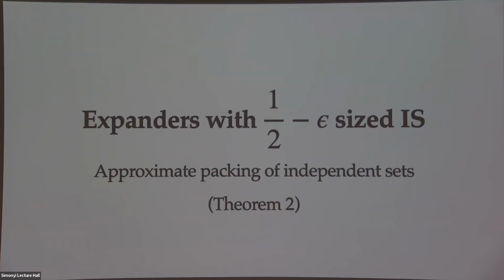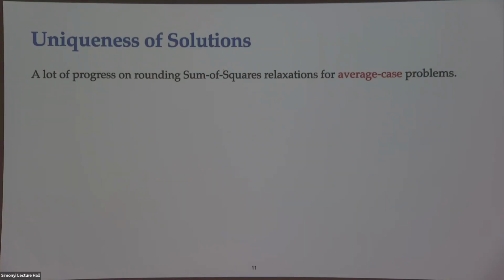So let me start with expanders with a half minus epsilon size independent set. And I'll talk about what the approximate packing of independent sets means. So this is theorem 2 instead of theorem 1, because this proof is a lot easier than theorem 1, so I'll present this first. Remember theorem 1 is for 3 colorable graphs, and theorem 2 is this case, where you have a large independent set. Okay. So let me start with